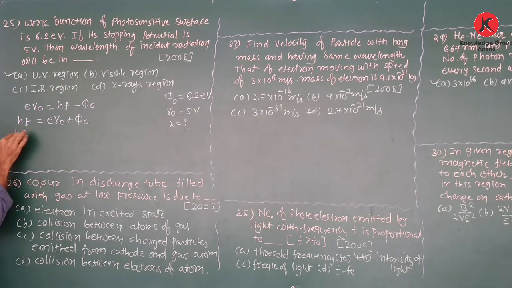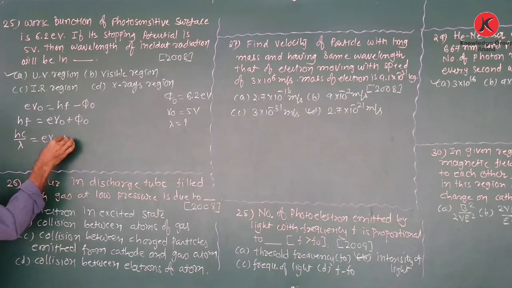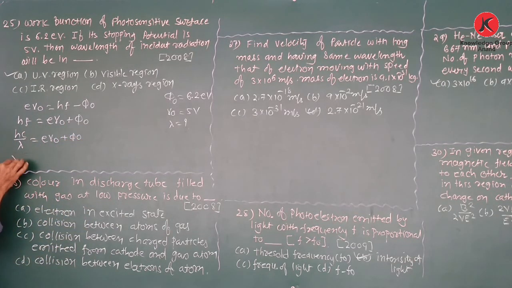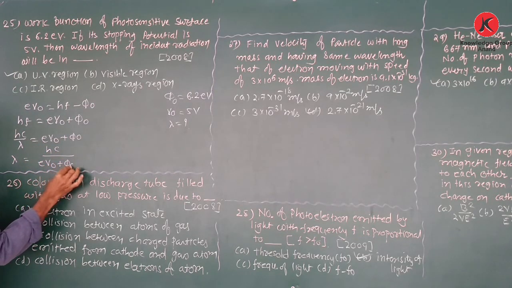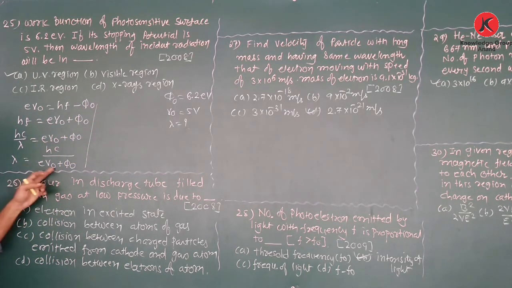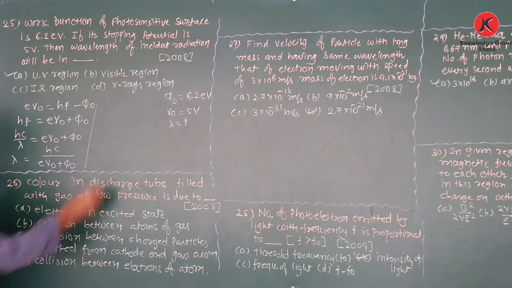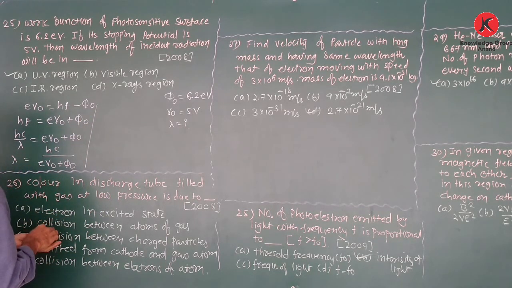Instead of the frequency, c upon lambda is equal to eV0 plus phi 0. Therefore, lambda is equal to hc upon eV0 plus phi 0. Now we substitute the values of hc, stopping potential and phi 0. Therefore, lambda is equal to